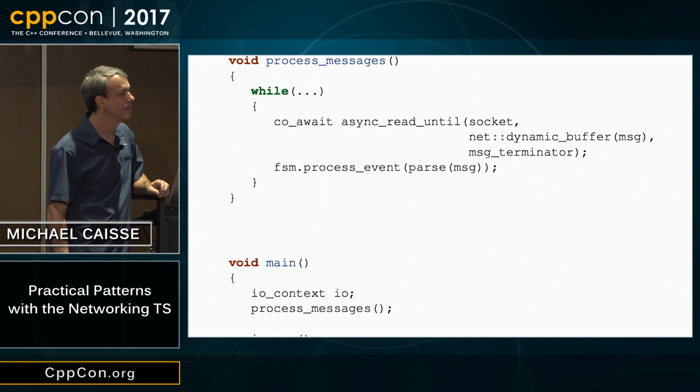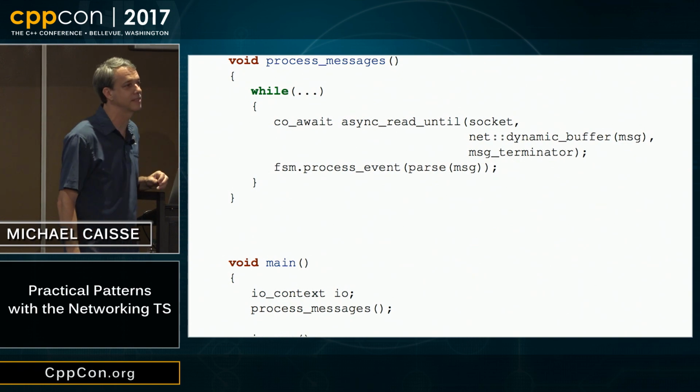This read until thing can add extra stuff to your buffer. And the alternative you showed was reading 1 byte at a time, and that has its own problems. So what is the solution? If read until is unsatisfying and reading 1 byte at a time is unsatisfying, what should you do? Great question. We use read some for everything and build on top of that, because that reads whatever is available that the OS has already read in, and we just get that and start reassembling the packets the way we need to.